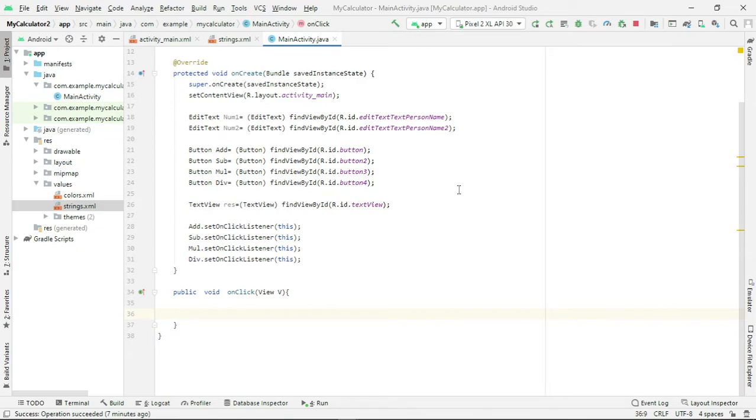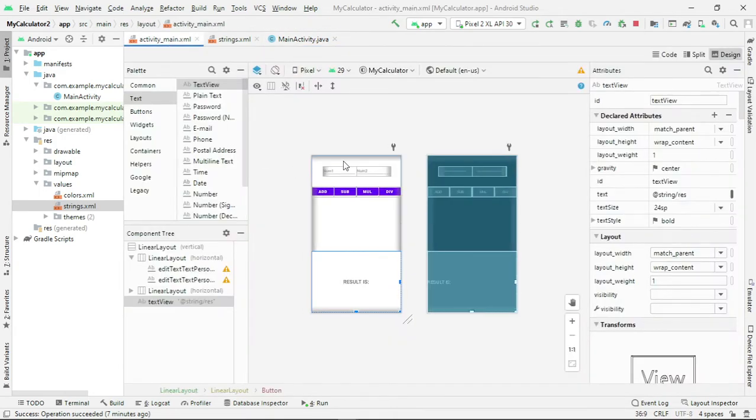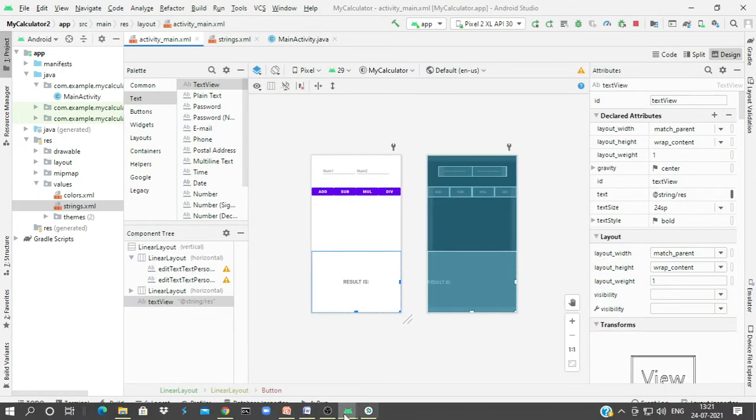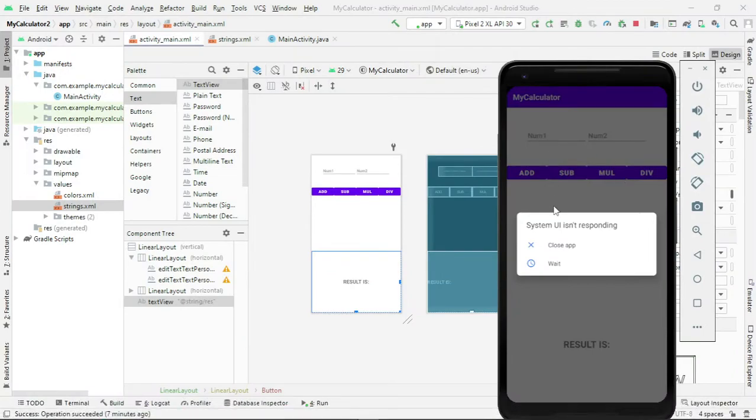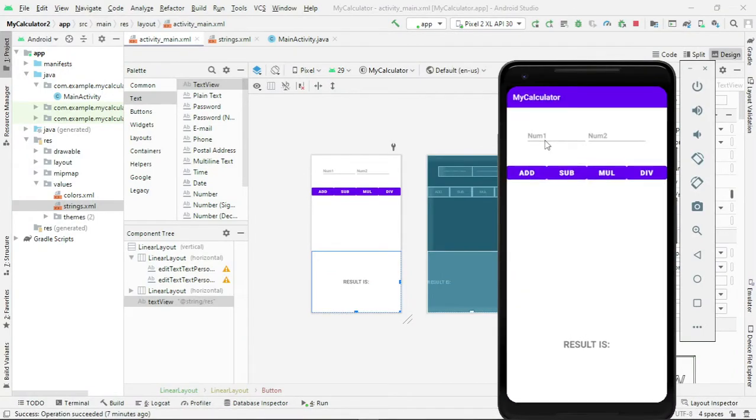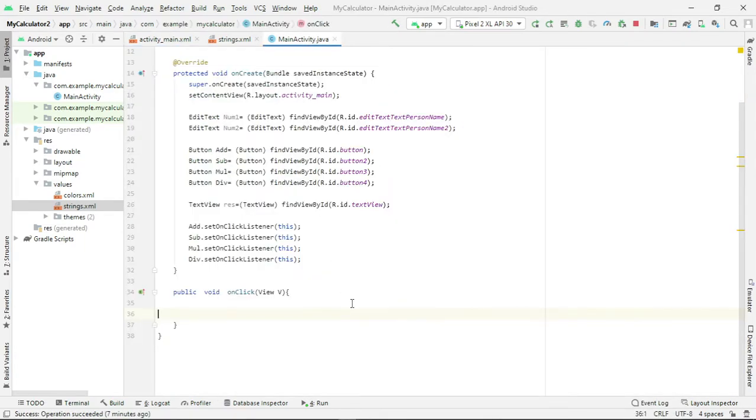Before reading the two numbers, you have to check that nothing is empty. Here you have not read anything, so you have to check that num1 and num2 are not empty. So let me write the code for that.